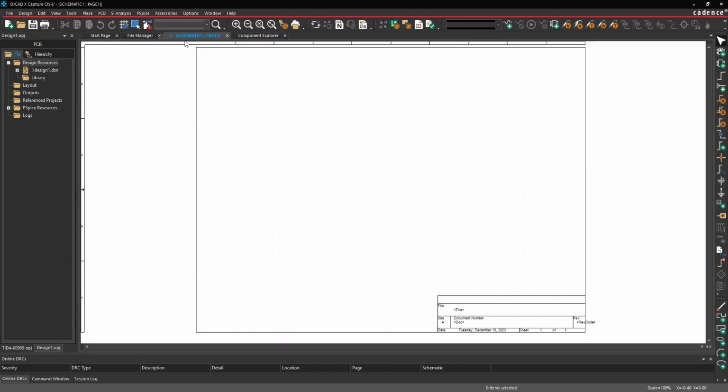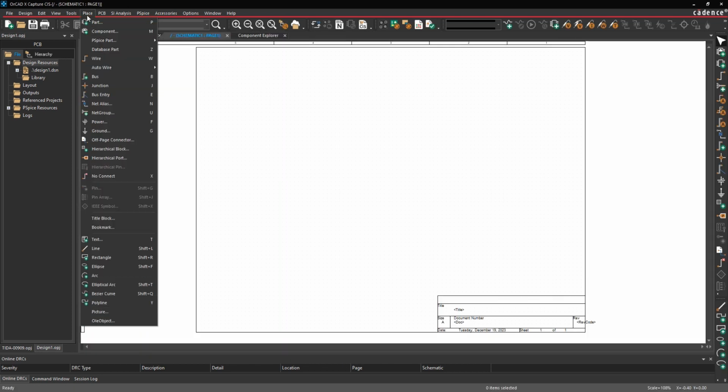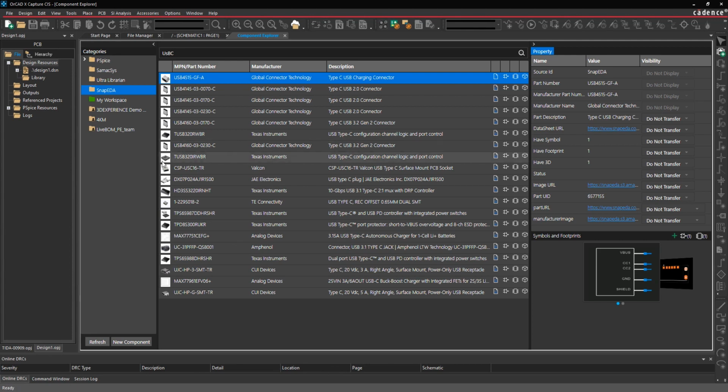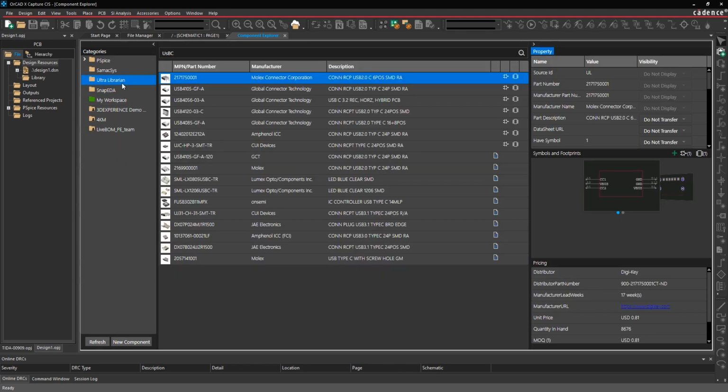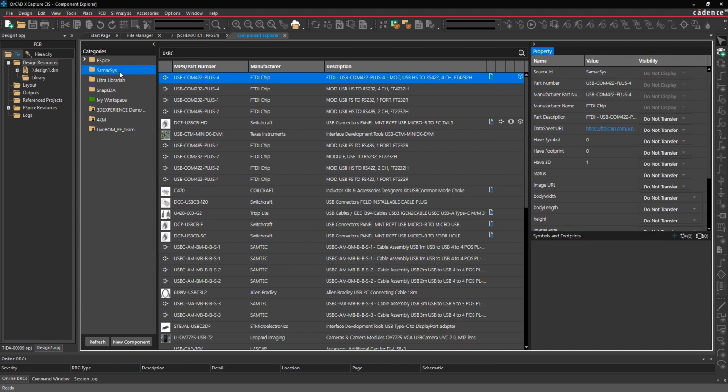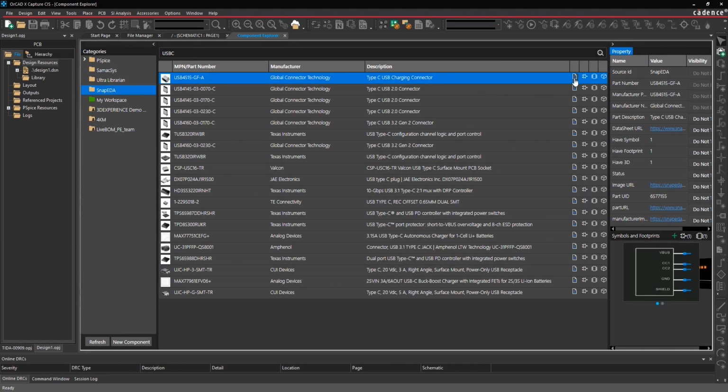Using this integration, you can easily go from your schematic page and choose to place an online component, and then you can do a universal search across all content providers up here. For example, you need a USB-C connector. You can type in USB-C and it'll find you all the results across all 3 vendors, SnapEDA, UltraLibrarian, and Semaxis. The search results will show you multiple results that contain data sheets, schematic symbols, PCB symbols, and a 3D